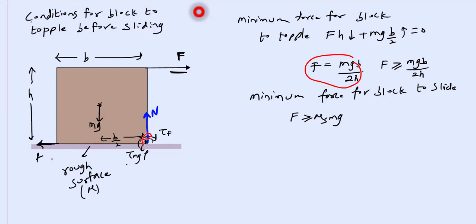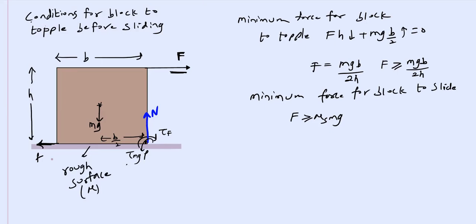Then what about the sliding? When you apply this force, if the block starts sliding, the center of mass will undergo displacement. So what is the minimum force I should apply? Mu s mg. Anything greater than or equal to mu s mg, the block will slide. Then, okay, next condition is